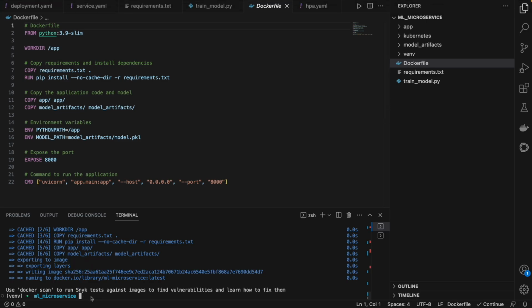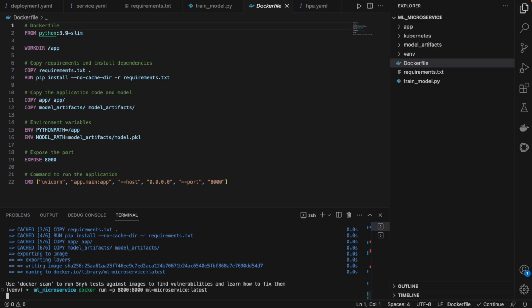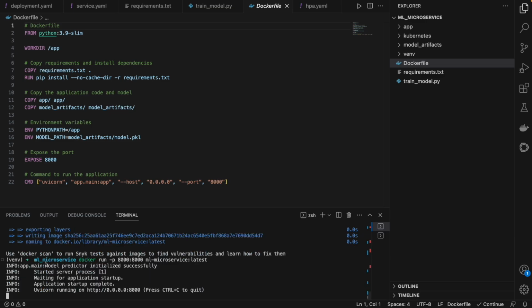Now just write the command docker run, with port number 8000 that is exposed, and this Docker image called ml-microservice:latest. Just press enter, and you see that your Docker container is successfully initialized, the server is started, and the application is running on this port number.